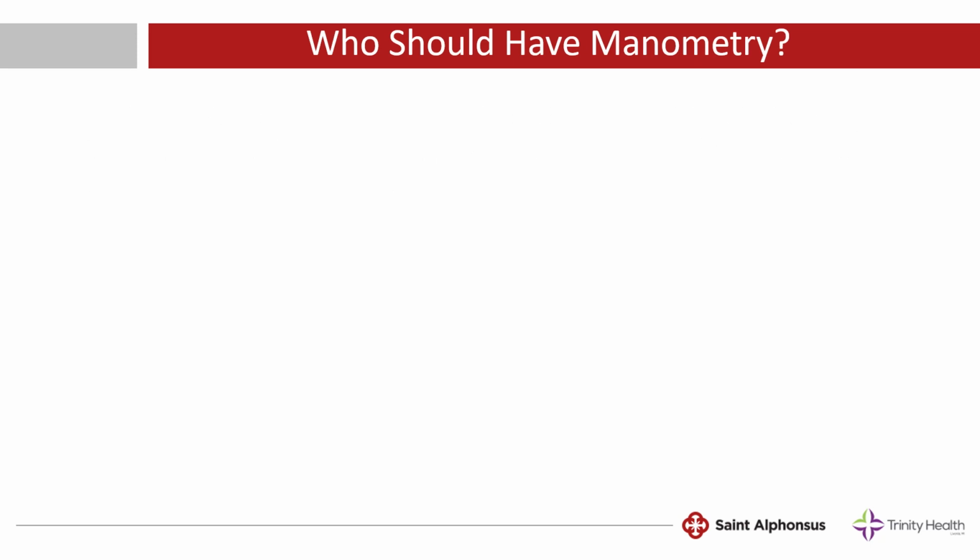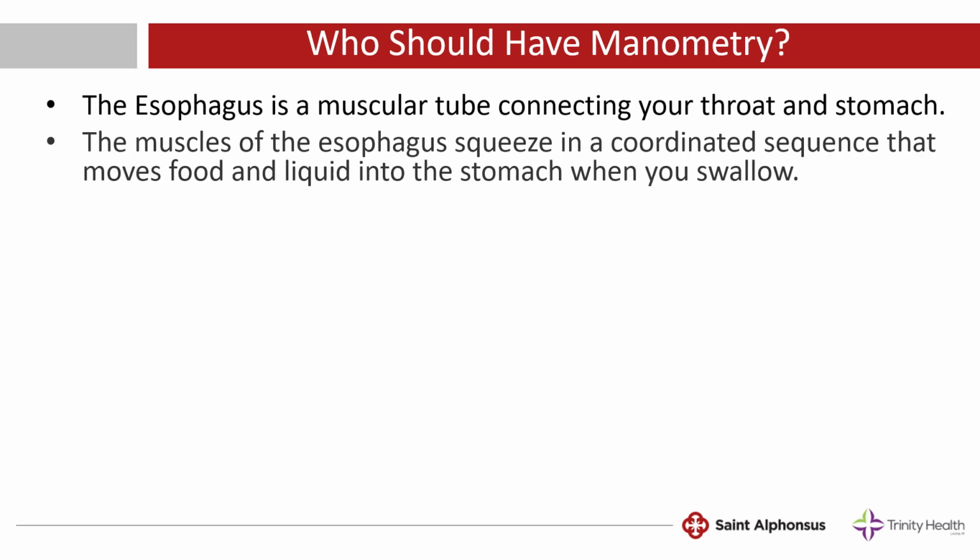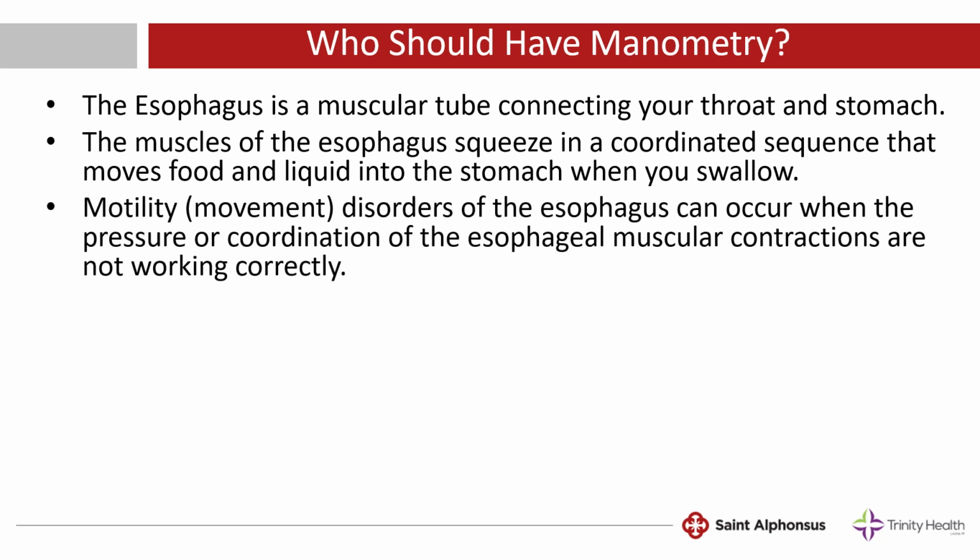Well, who should have manometry? First, let me teach you about the esophagus. The esophagus is a muscular tube connecting your throat and stomach. The muscles of the esophagus squeeze in a coordinated sequence that moves food and liquid into the stomach when you swallow. Motility disorders of the esophagus can occur when the pressure or coordination of esophageal muscular contractions are not working